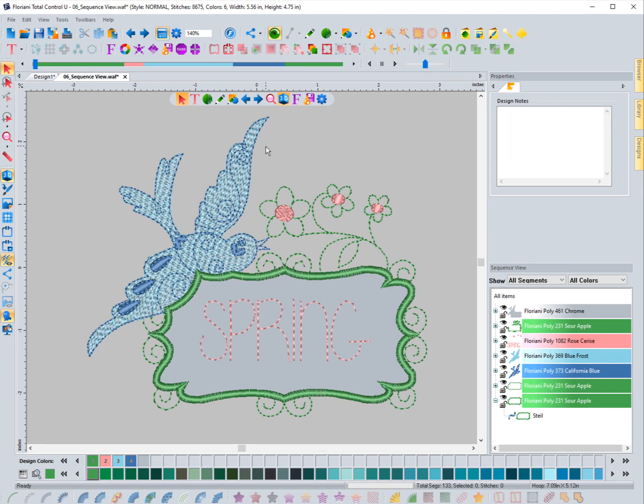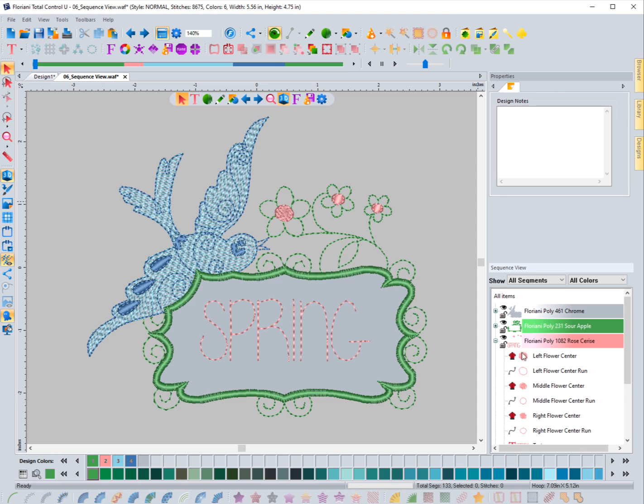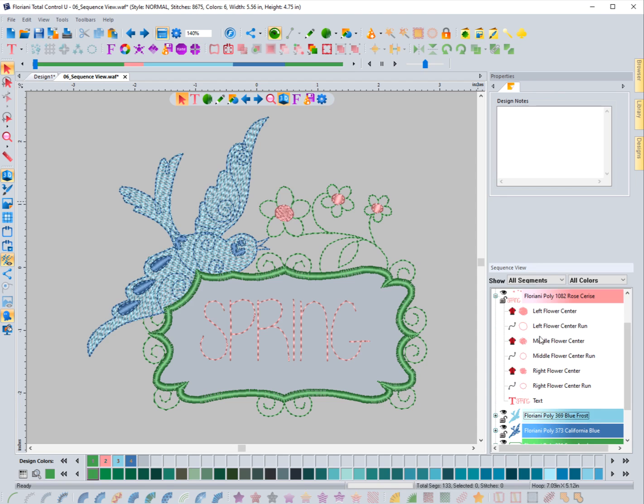Very important to know how to move things around in the sequence view. There's oftentimes that you need to rearrange the order in which things are going to stitch out. So in this video, we're going to explore the different ways that you can move objects around utilizing the sequence view. So in the previous video, you might recall that we talked about renaming color sequences and